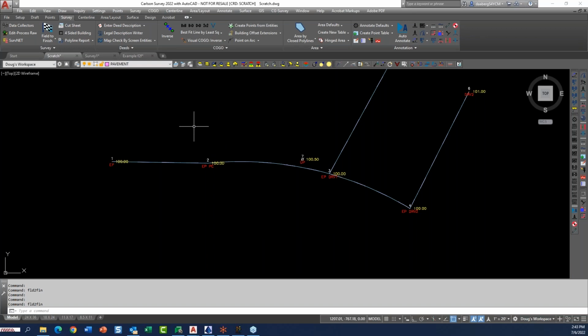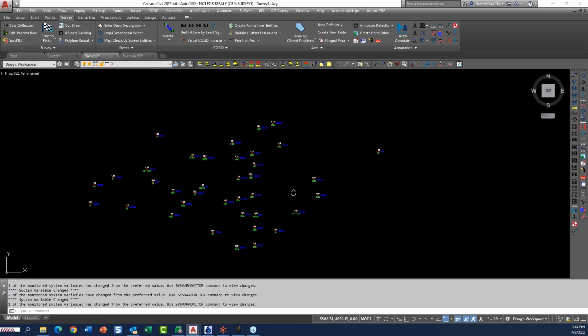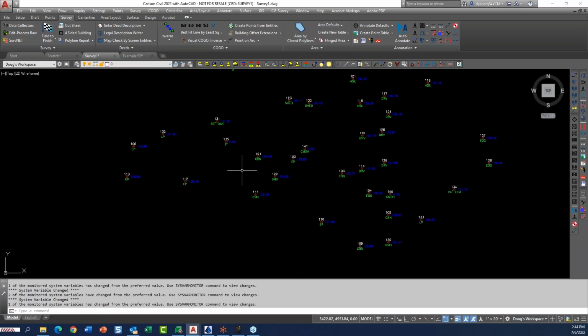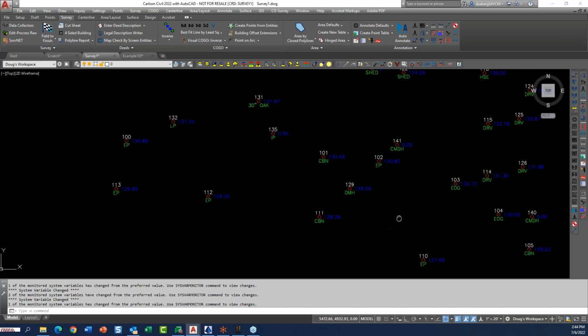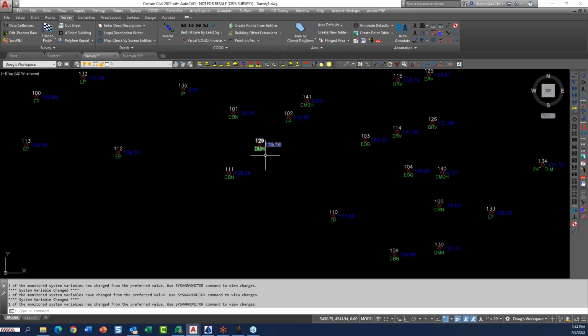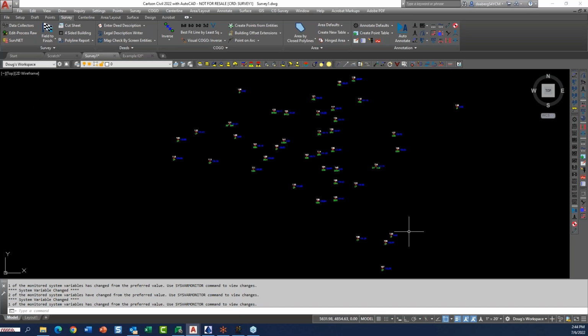So I'm going to go now and switch to another data set. Here's another small data set, and it's got a bunch of points in it. I've got edge of pavements here, I use that the same. I've got some catch basins, drain manholes. And I'm going to do the same thing with that